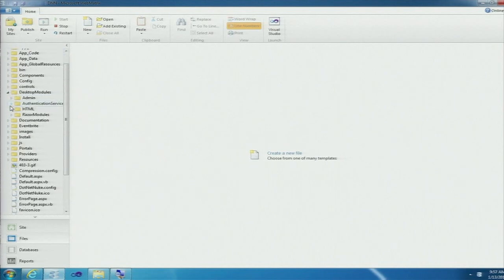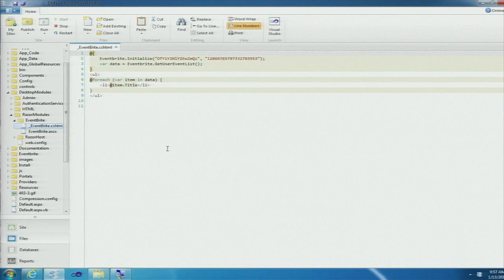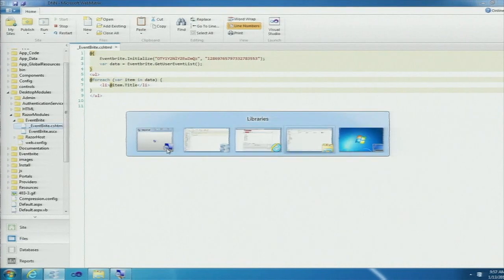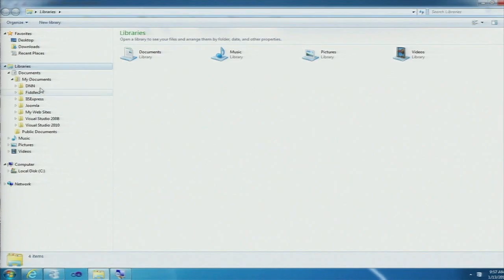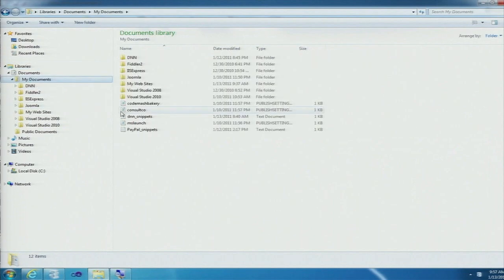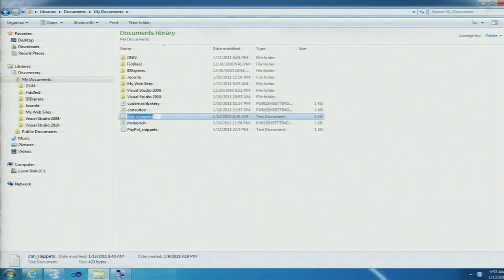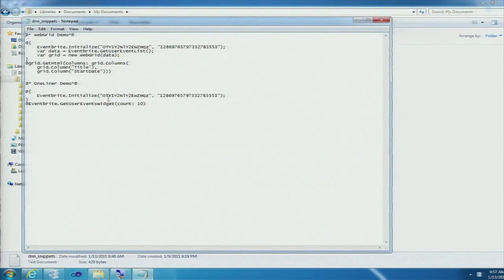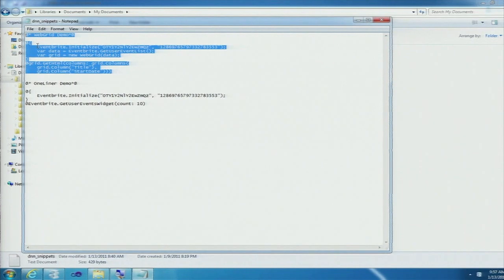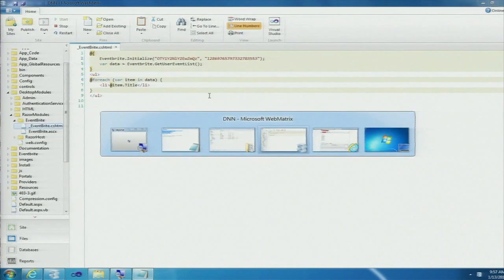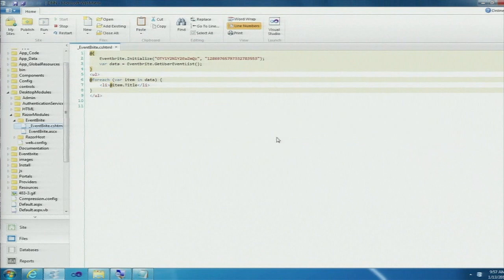So if we move back over into WebMatrix and we go into the Files area, we can browse into the file structure of our site, and we can find the Eventbrite module. We can open the Razor script, and we can see in WebMatrix how we have a much richer editing experience when it comes to Razor syntax than we would get through just a standard text box through the .NET Nuke application. All right, so we already have some scripts that we've created for some various functionality that we can add to our Eventbrite module.